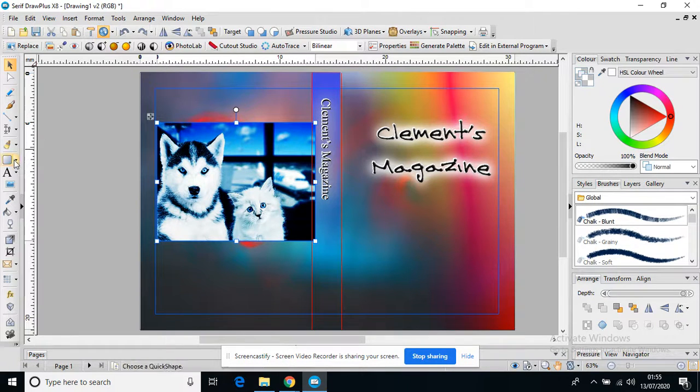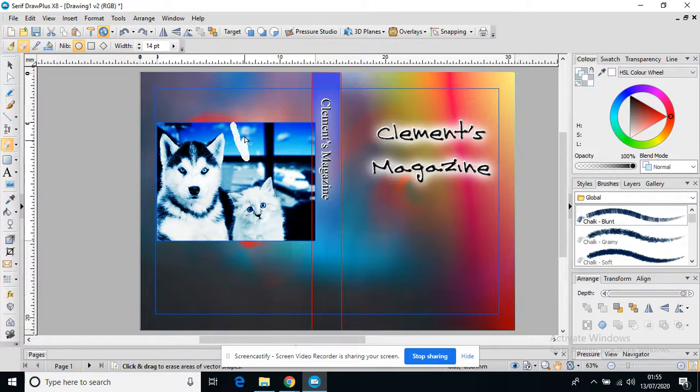You can use, if you go to the side, you can use your rubber to rub part of this image out. And if you just drop down there, you can see erase. And I could just start to simply